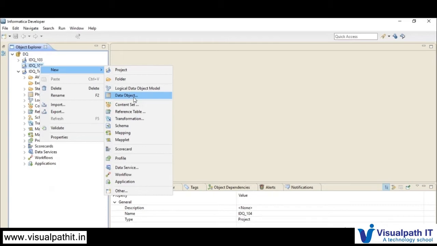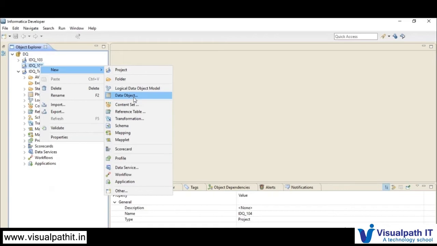In IDQ, we will be adding a data object that we can use either as a source or as a target. So here we will not have any separate section to maintain which one is source and which one is target. We will be adding a data object and using it as a source or target based on the requirement.